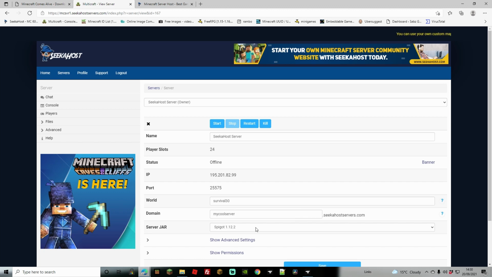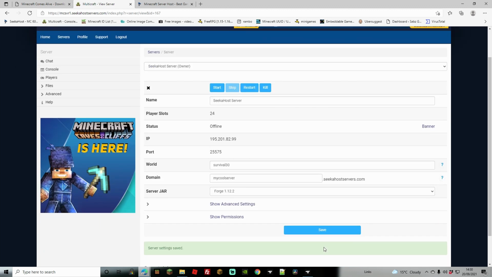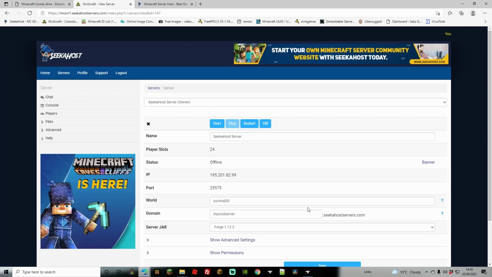This is where we're going to choose the Forge 1.12.2 jar, so we're going to go ahead, select that, and then after we're going to press save. It does automatically save it, I just like to do it just to make sure. Now that we have our jar installed, we can just press start, and it's going to start up the server with all the relevant files and folders that we need,